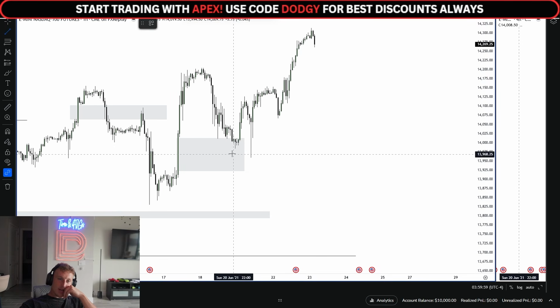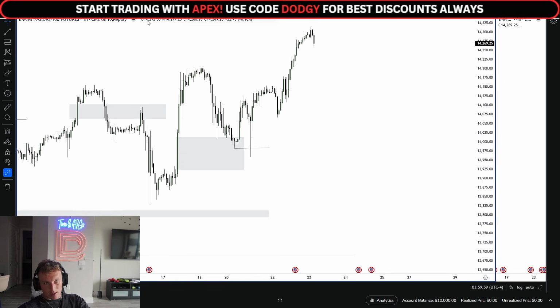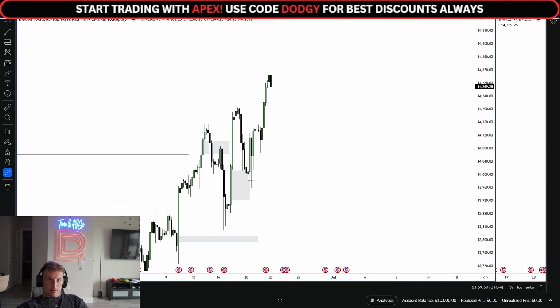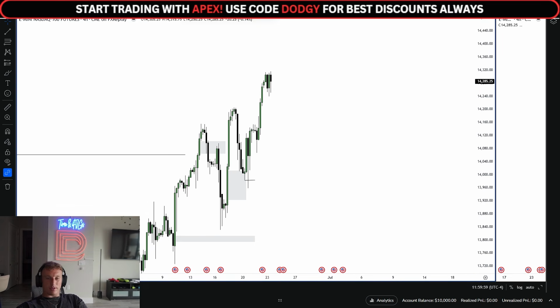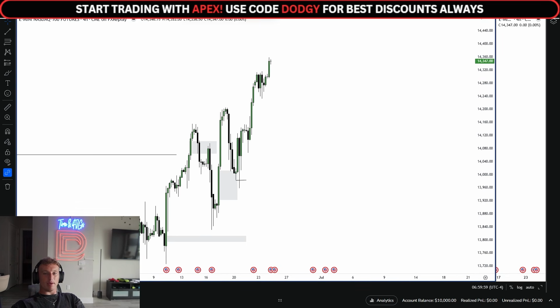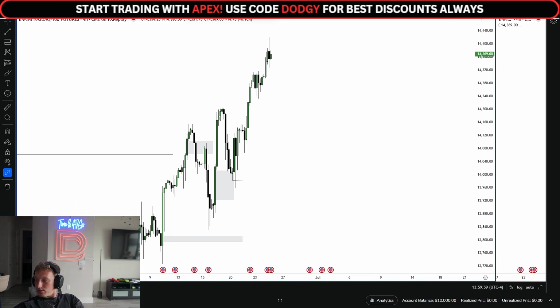Especially after you see a wick like this, it's hard to be bearish. Not gonna lie. So we're just gonna keep playing price. We're at all-time high, so it's hard to keep changing bias up here. You can't go from bullish to bearish. You just have to remain bullish until proven otherwise, pretty much.